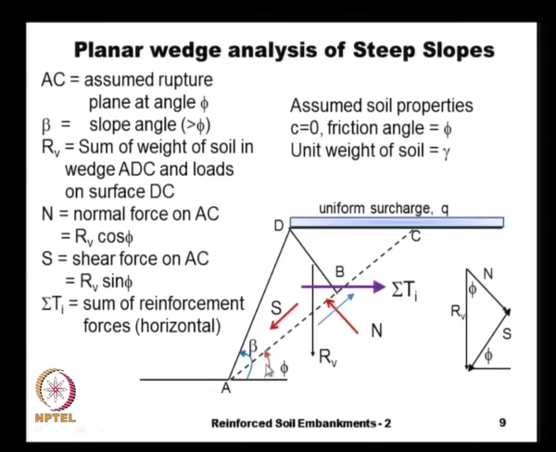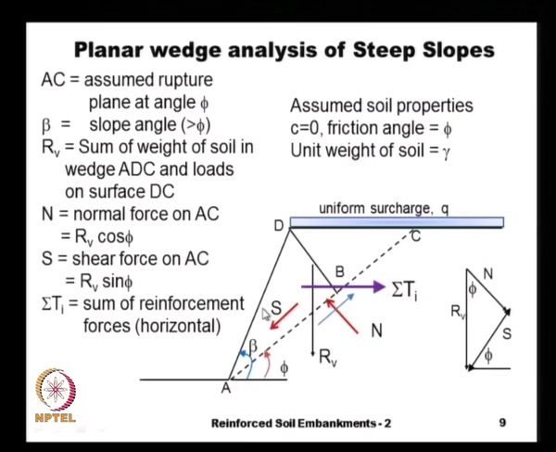and we will go on to look at more complicated surfaces. Let us say that we have a slope with an angle of beta, and then we want to analyze, and we have provided a certain number of reinforcement layers, and the simplest one is if we assume that the failure angle is at an angle of phi, that is the angle of repose, that is the simplest one to consider.